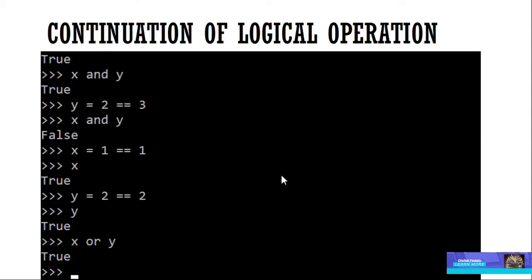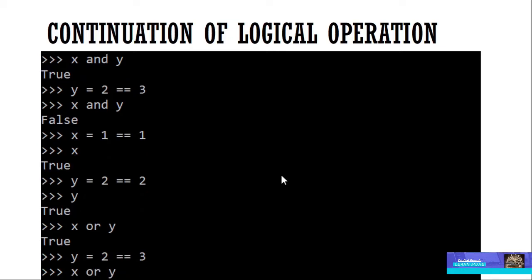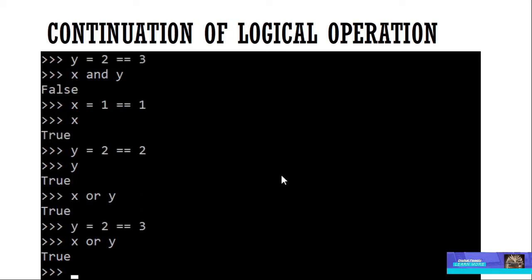Fine, cool. It is working the same as AND. Now let's change the variable y to a false statement, and let's see how the OR operator works. It says True. So cool, because as per the table, the OR operator will work when any one operand says